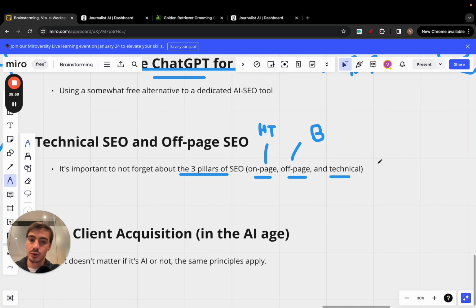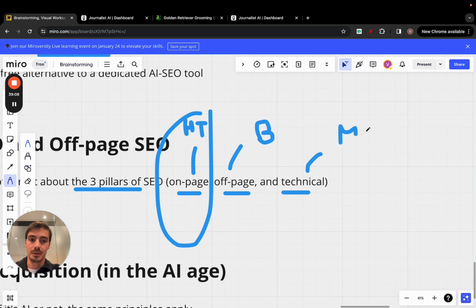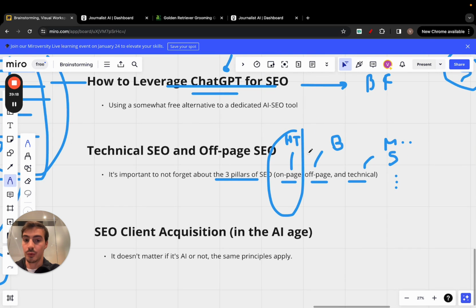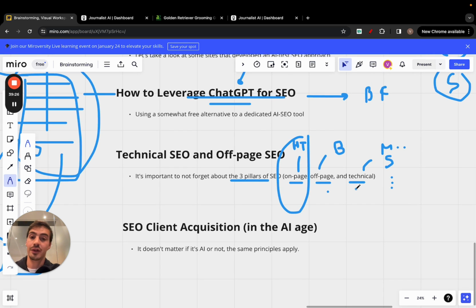And there's also, of course, technical. So AI handles this, right? But the off-page, which is link building, technical, which is, for example, your meta tags, right? Meta description, meta title. It is, for example, your schema markup, right? All this, right? And there's much more stuff, site speed, all this. You cannot neglect, right? Because you cannot succeed in SEO without doing all 3, right? You cannot succeed just doing off-page, as well as you cannot succeed just doing technical. You gotta do on-page SEO, off-page SEO, and technical SEO, right? It's very, very, very important to do this.